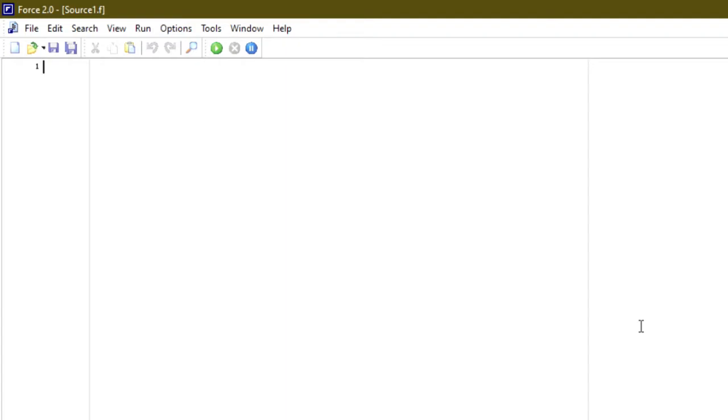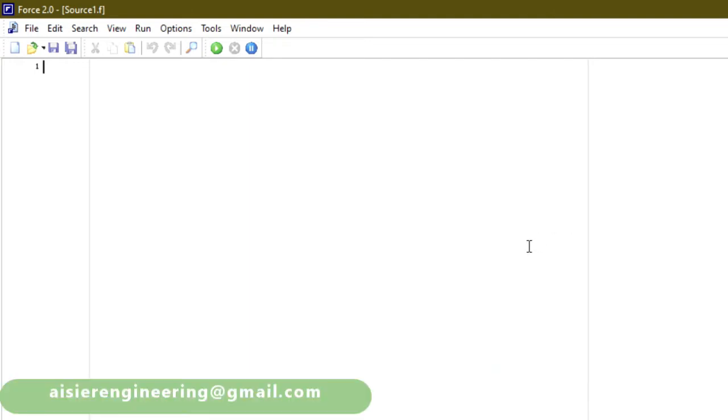In the last video we have seen file input and output. To see that video, please find the link on the I button. In this video we are going to write one program, and through that program we will try to understand how this file input and output works.